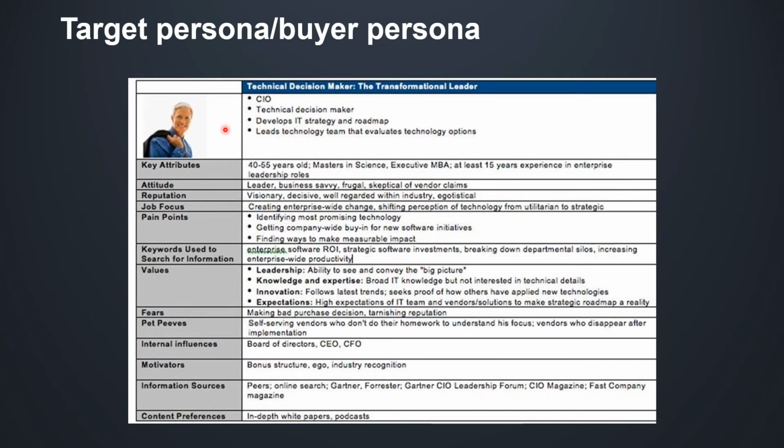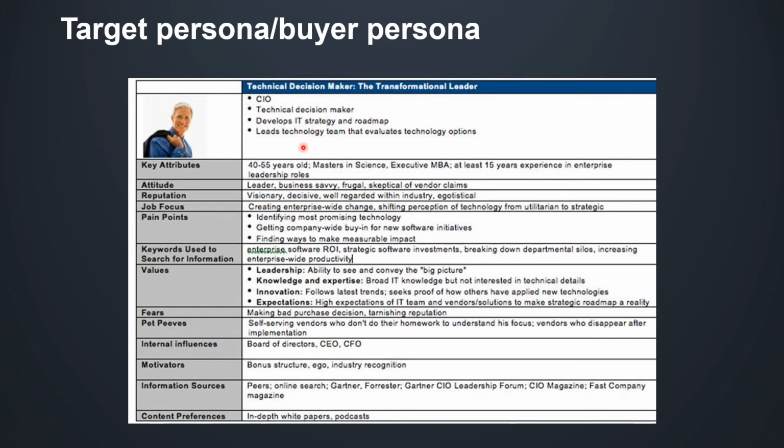But what you see over here is a buyer persona of a technical decision maker who is at an executive position like a CIO, who decides what kind of investment someone needs to make in terms of getting a new platform, like a digital platform, on board. So let's say you are in SaaS marketing, software as a service, and you want to market a piece of software to an enterprise business.